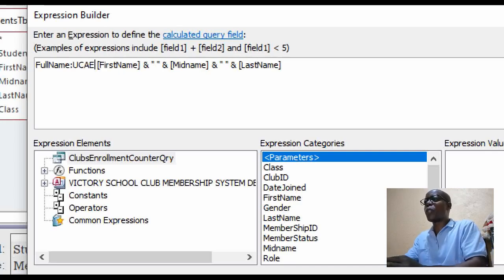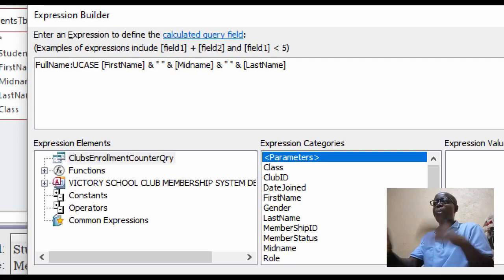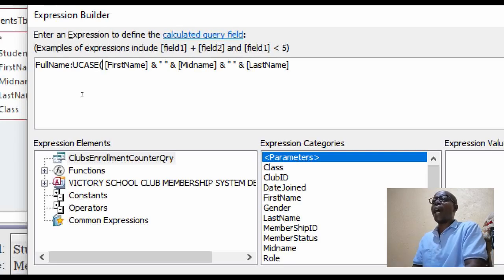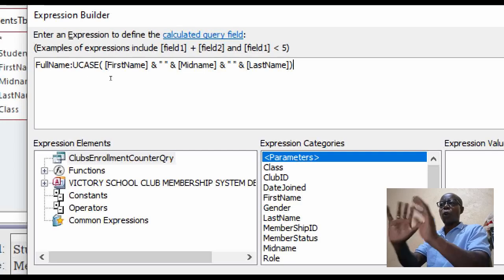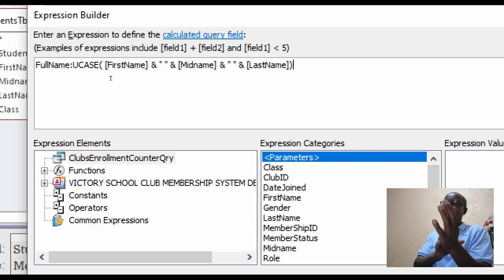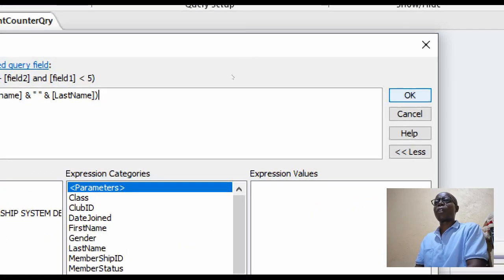It's called UCase, abbreviation of uppercase. Then open parenthesis, and at the end there, remember to close the parenthesis. UCase, and then the whole concatenated string is within brackets there. And then we say okay.